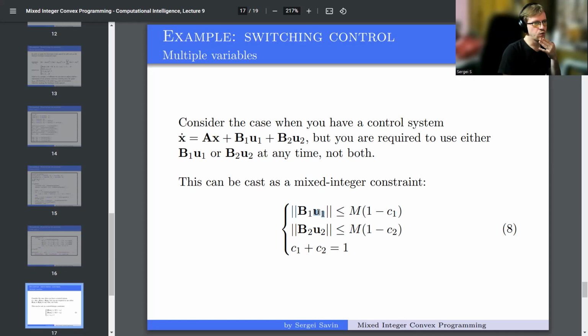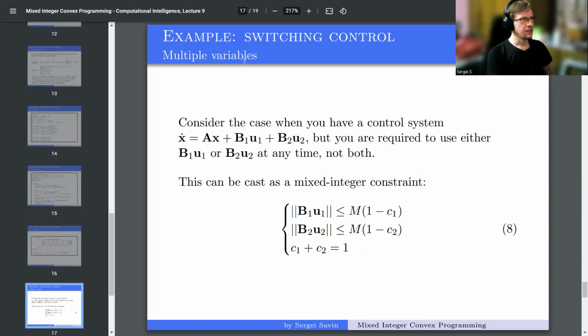And the only U1 that would produce 0 here would be 0 U1. Well, if B has a null space, then U1 will be in the null space of B. But that is the same thing because ultimately the part here will still be equal to 0. So that is the whole point. So this variable will become 0 if C is equal to 1. And since we do this, one of them would have to be set to 0, and another one can be anything. And this is how you can relax